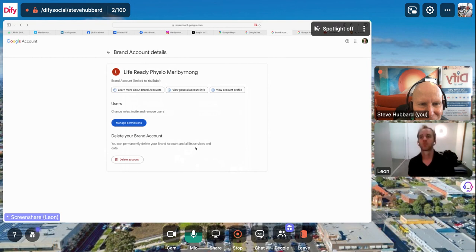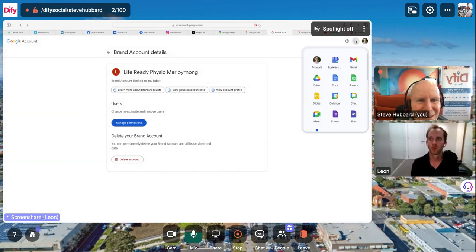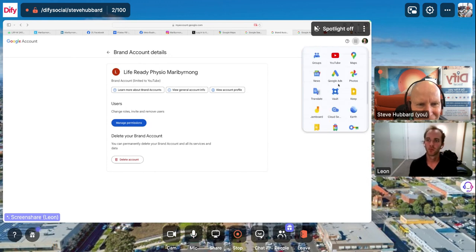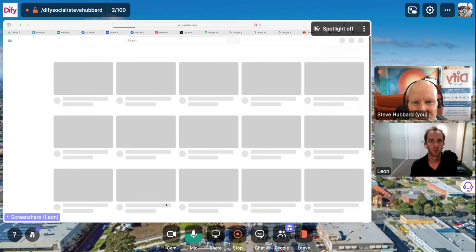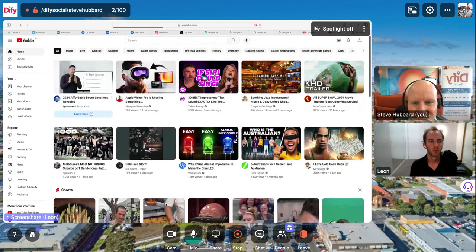And then probably on this page again, if we just go to the 9 dots on the right hand side, scroll down and find YouTube. There you go, click on there it is, YouTube. Yeah. And just get rid of all those other ones that have got Google brand, Google this, that, and the others, and just leave one Google page, the Google one open. You can keep, oh, I was going to say at least,